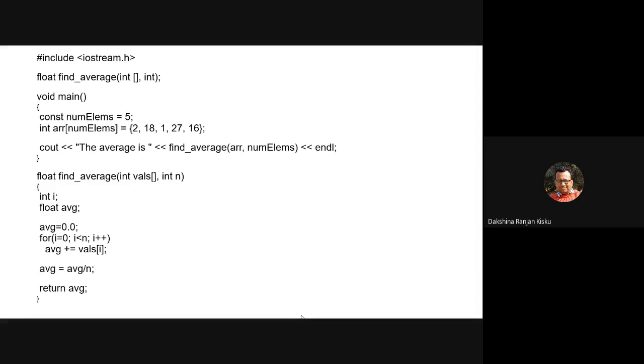Okay, so in the array initial we declare the dimension of the array, that means the number of elements to be there in the array, and the array is already initialized. Now we want to obtain the average of these elements which are present in the array. For that we need to define a function find_average, and this function is called from